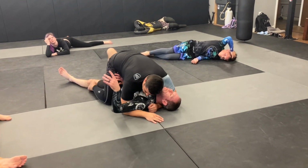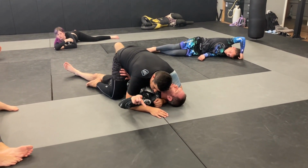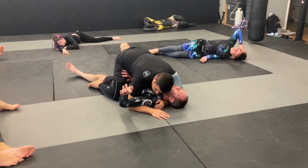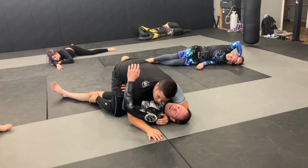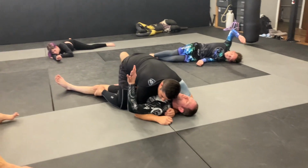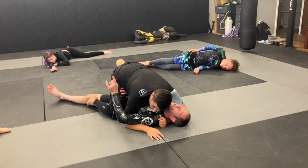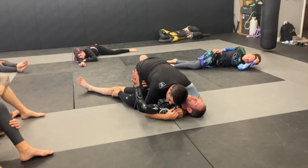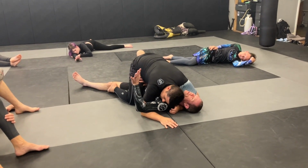So it's gonna make it hard. So I want to make my turn to that side, but I want to do it at the right moment, right? Like if I try to bridge him now and suck my elbow in, it's hard to get my elbow back in, right? So what I want to do is wait until I can get his elbow really wide, right? So if he's just content on sitting here and holding me, then I'm gonna have to